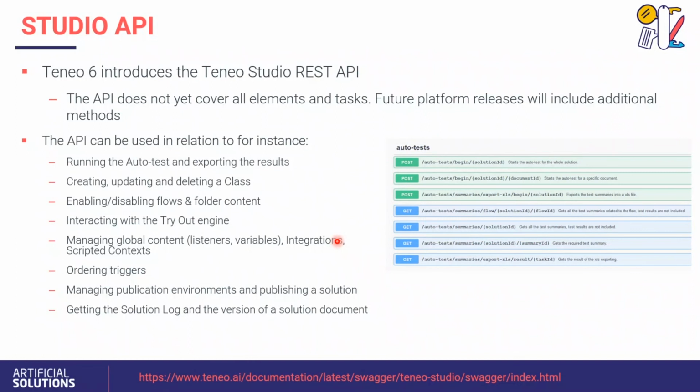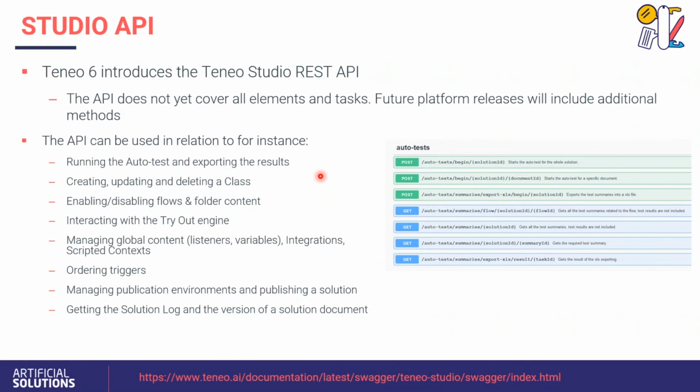So one of the big updates in Teneo 6 is that Studio now has its own REST API. That means that you can now interact with Teneo Studio without actually opening Teneo Studio. It's not a full-blown API yet. With every new release, new methods are added into the options of the REST API. But you can see here some examples of what you could do with this API, for instance,